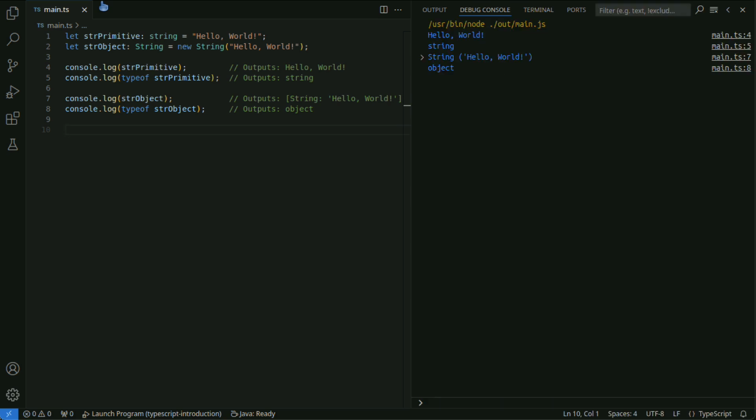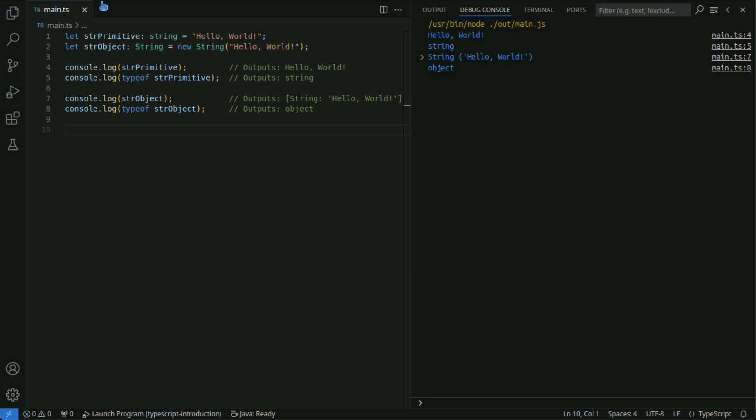Unlike a primitive string, a String object is treated as an object by typeof. Wrapper objects are useful when manipulating strings or calling methods on them.